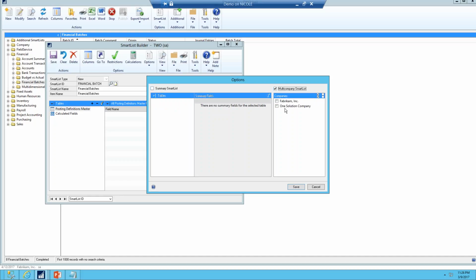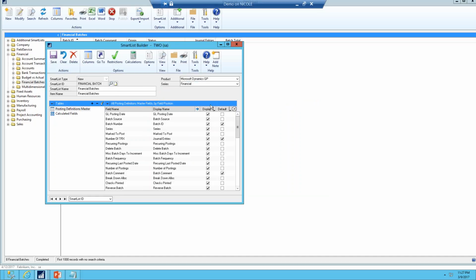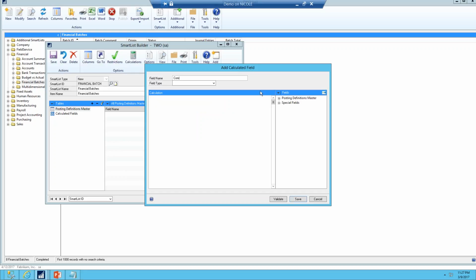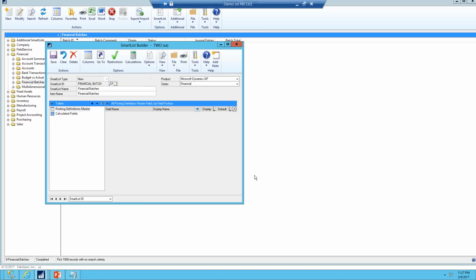We can also do multi-company, and I can turn this on so that it returns the data from multiple companies in one list. So I don't have to log into each company, export them to Excel, and then put them together to see it all together. I can do it right here, and if I save this, we can go back to calculations and add one called company, another string, and we have special fields here where I can pull in the ID or the name. We'll just do the name, save that,